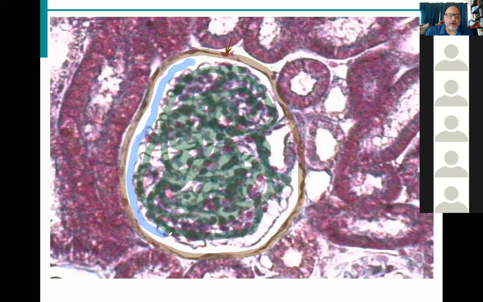And what do you think we call the space in between the glomerulus and Bowman's capsule? Bowman's space. Bowman's space, excellent. Now, why are these things called Bowman's space and Bowman's capsule? Just out of curiosity. Is it actually science? Yeah, good old Bob Bowman was the very first person who identified these things, drew them,